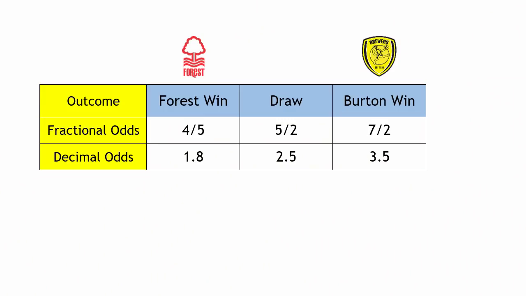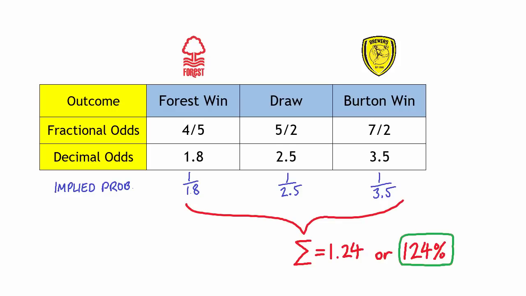That's what the 120% means. So going back to the book, to the odds between Nottingham Forest and Burton Albion, as you can see here, if we find the implied probability of each event coming up, you'll get something like this. And if you add all the implied probabilities of all these 3 odds, you'll get a value of 124%, which